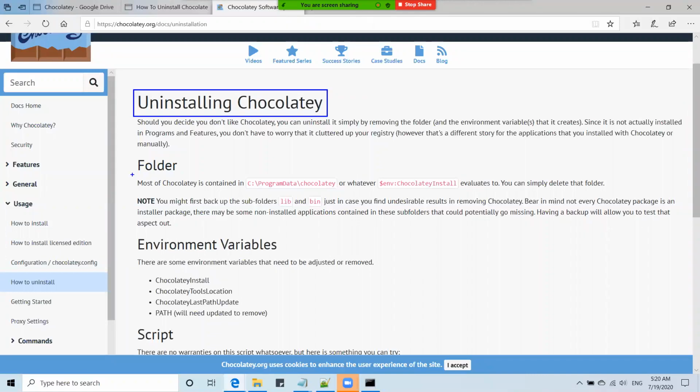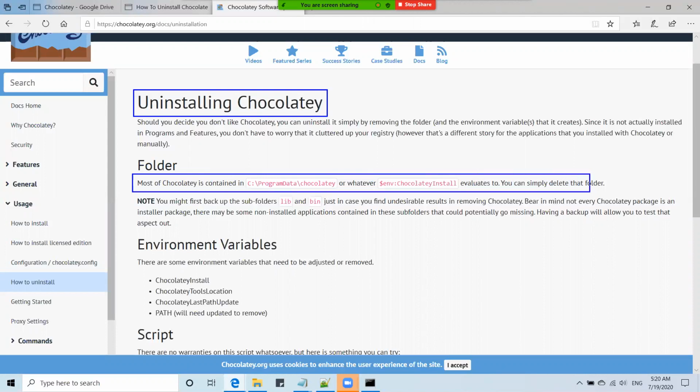The folder. See, most of Chocolatey is contained in C:\ProgramData\Chocolatey, or the environment variable ChocolateyInstall. So you can simply delete the folder. You need to delete the folder which is there in C, ProgramData, Chocolatey.